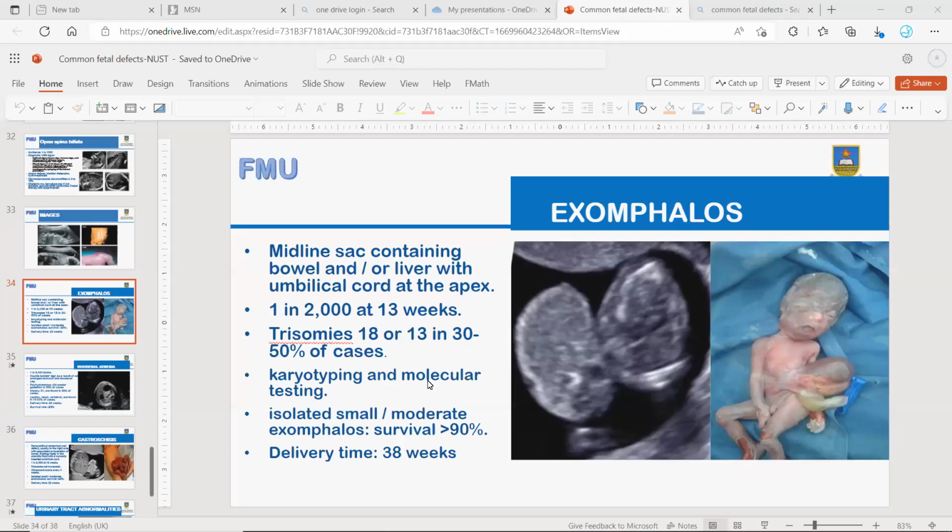Right, so if you look at the screen which is now coming to you, we are back to where the exomphalos is. So the exomphalos, you can see that let's say you are trying to do an abdominal wall image, and all you can see now are something that looks like 2 abdomens. The reason why it's looking like 2 abdomens is because there is a defect on the anterior abdominal wall here